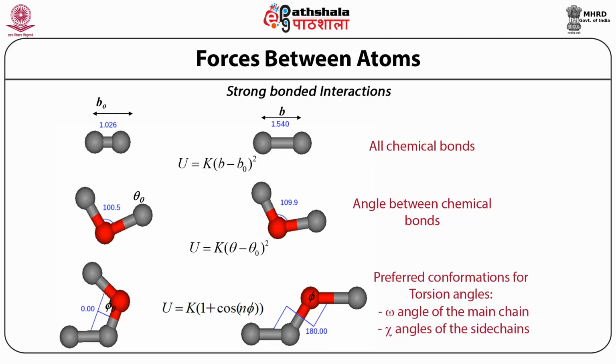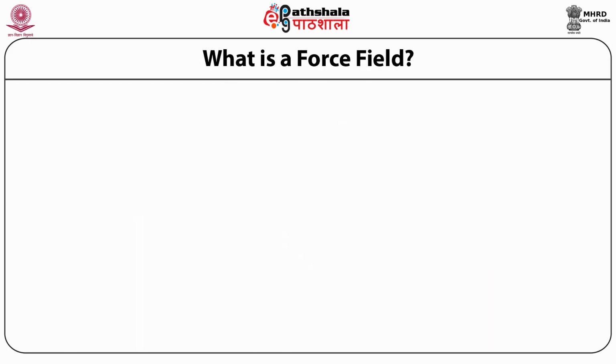Torsion angle can be omega, phi, psi, which are called main chain angles, dihedral angles or torsion angles, or it can be chi 1, chi 2, chi 3, which are among the side chain. Please note, angle of torsion or dihedrals are angle between two planes covered by three atoms as shown and referred to earlier in our modules. We come to the definition of what is called force field.